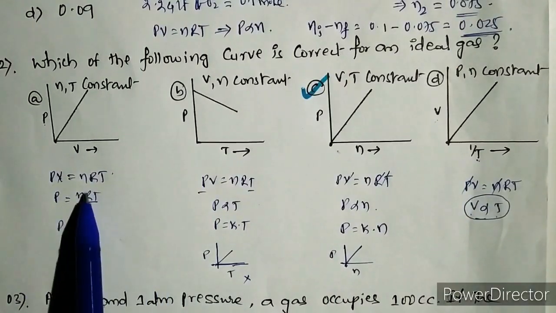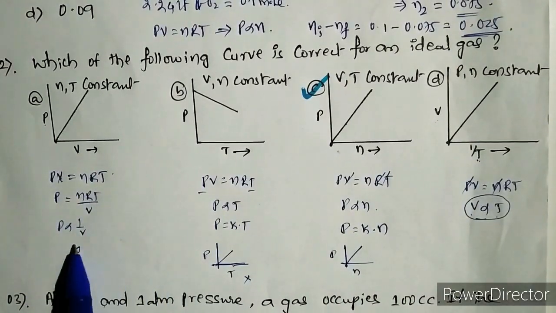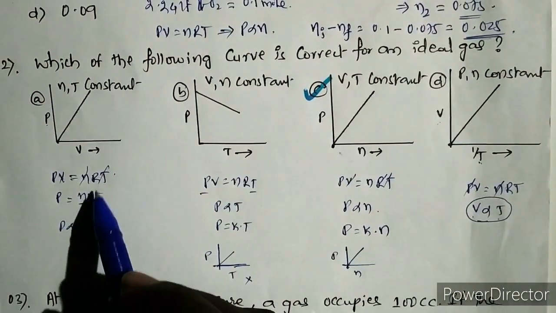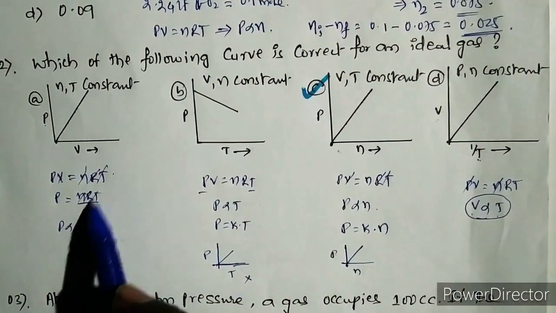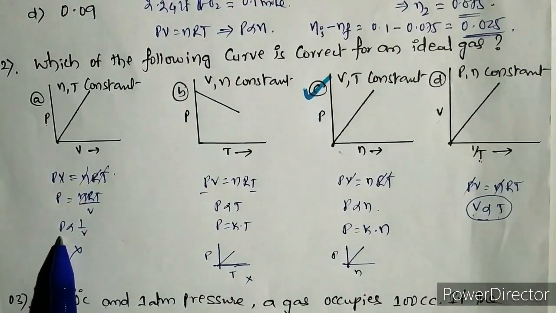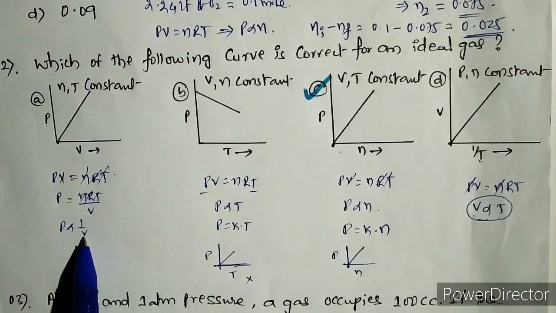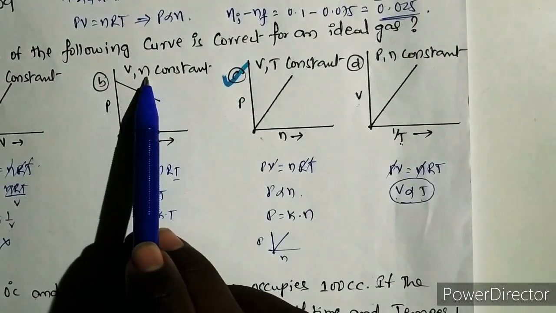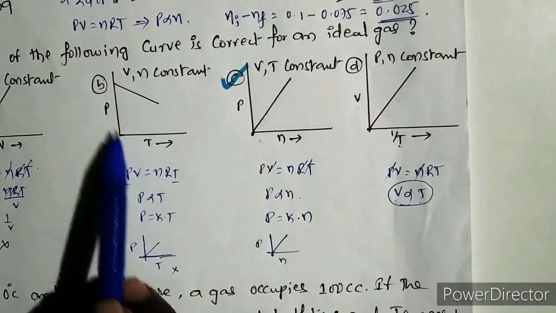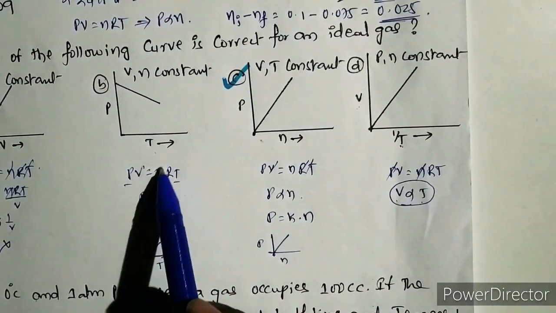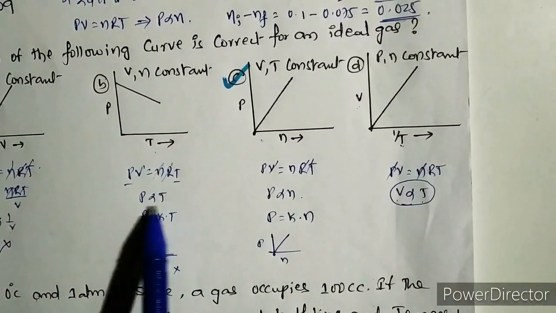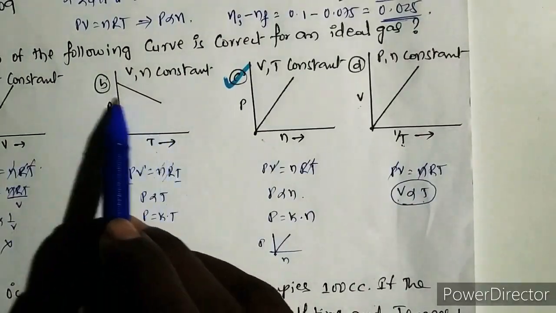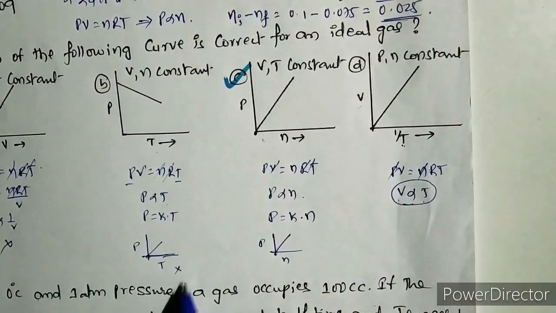Pressure is inversely proportional to V, but it is given here that n and T are constant. If you cancel both n and T, that means R, the real gas constant, all get cancelled out. You are getting a relation between pressure versus 1 by V, but not pressure versus volume. So this graph is wrong. Now when V and n are constant, if you try to plot a graph between pressure versus T, you get a line going through the origin, but here a negative slope is given, so this is also wrong.